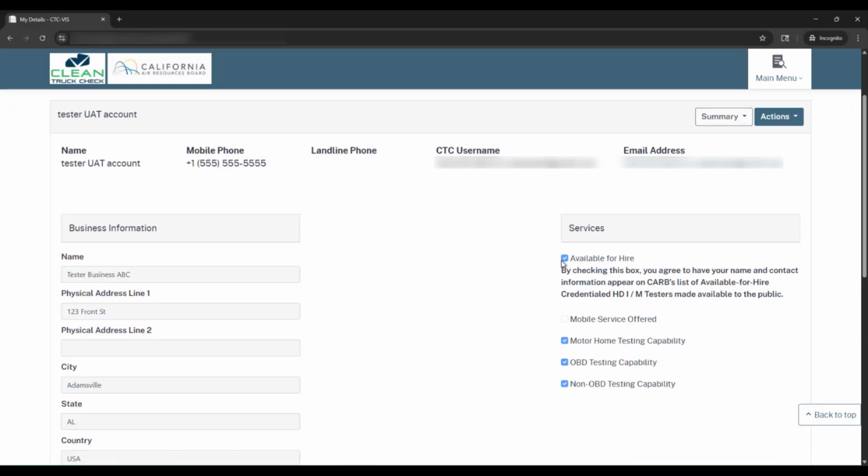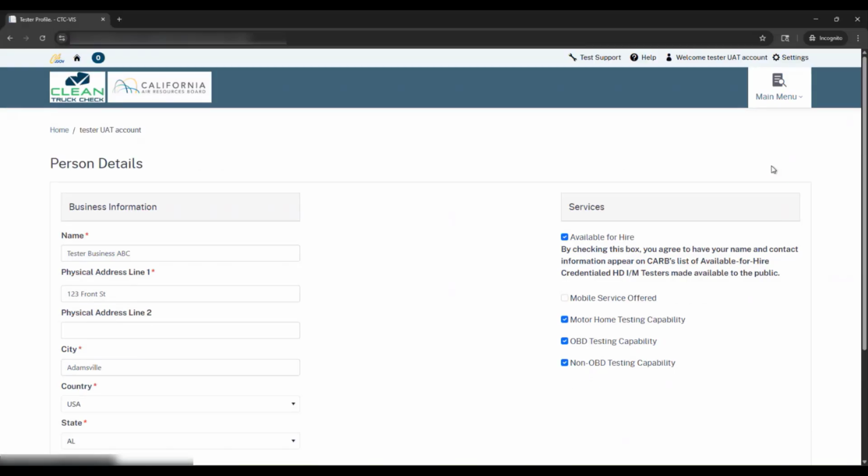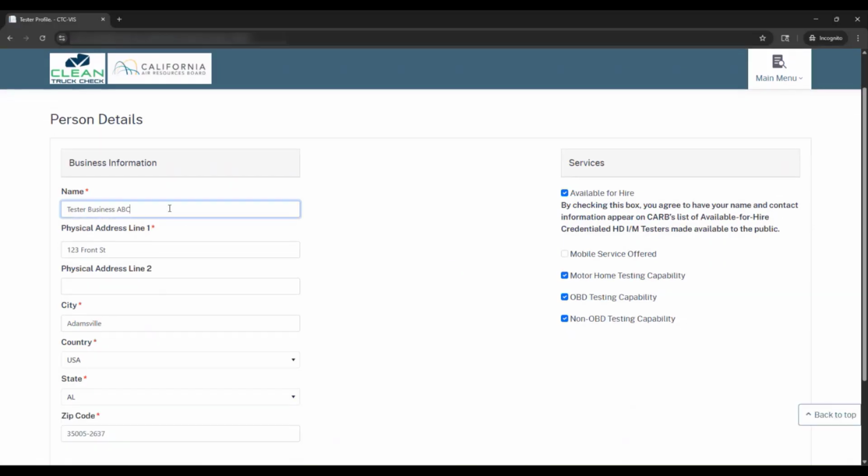To make any changes here, we'll click Actions. And in the actions, you'll see that you can edit your phone number, and we can also edit profile. So obviously edit phone number will update your phone number, but editing your tester profile allows you to edit the name of your business, your address, as well as your services offered. So any updates done here typically make changes to the website almost immediately, possibly up to 24 hours